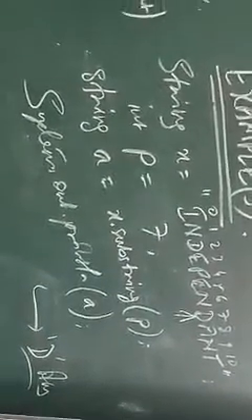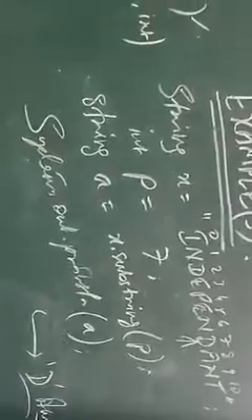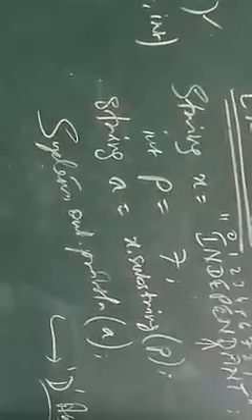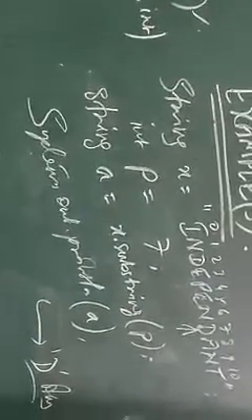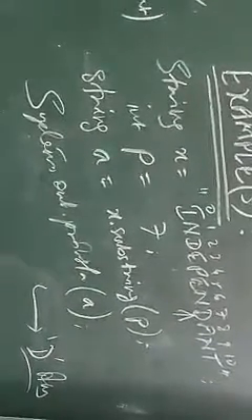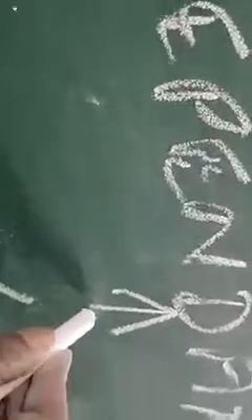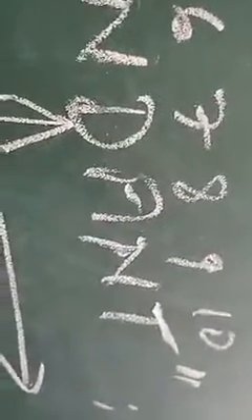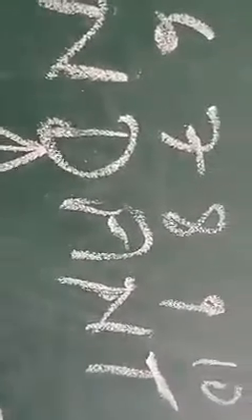It extracts all the characters starting from the corresponding index to the last character, including the given index. That is, the given index is p, which is 7. That means when I write over here string x is equal to independent, and then int p is equal to 7, and string a is equal to x.substring(p), that means substring(7). What does it mean? It means it will extract all the characters from 7 up to the last character, including the given index. That is, the given index is 7.